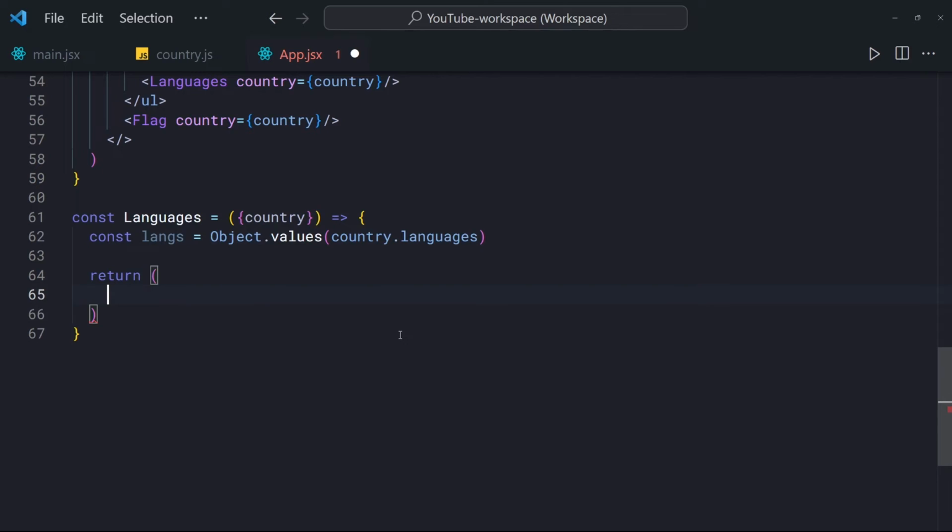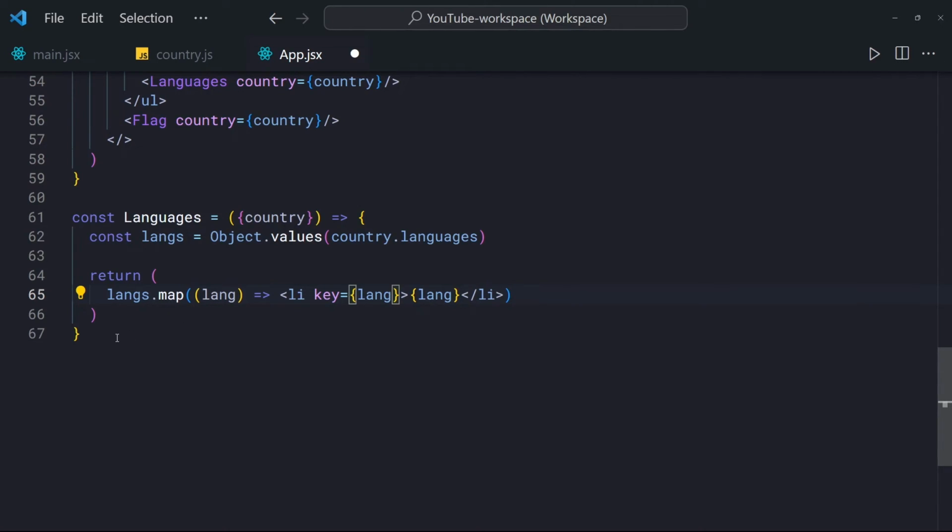So we're going to have return, and we're going to have langs.map, which is going to give us an individual language. And we want to return an li tag that contains the language. Since this is a list, we need to provide a key. So for now, as the key, we're simply going to use the language itself,